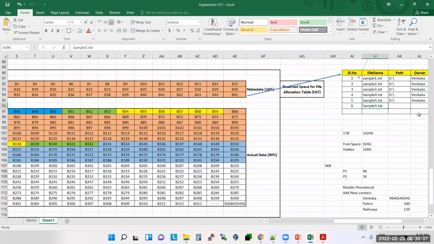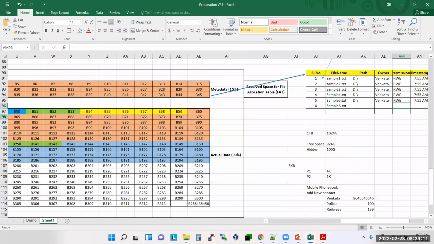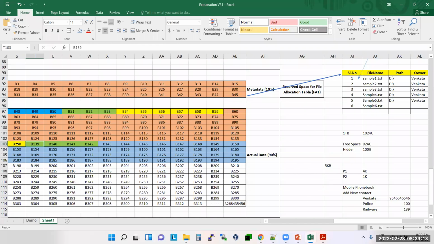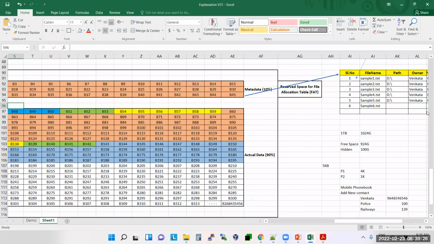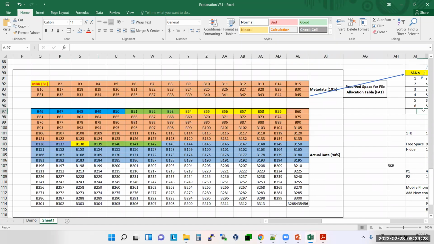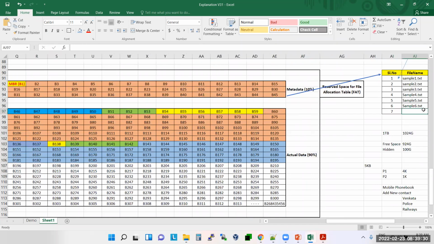I'm writing sample 6. The block numbers are from B139 to 142. Okay, so I have written one more file also. So this is the 7th file.